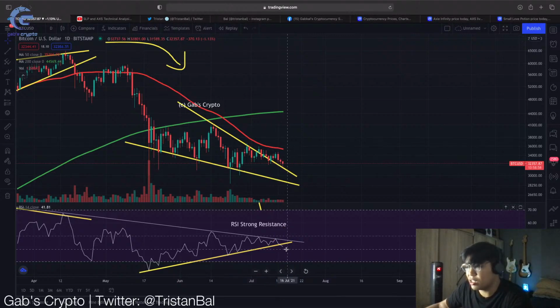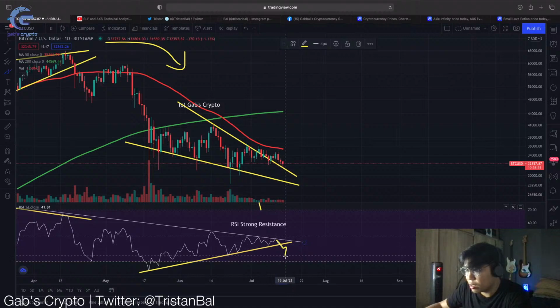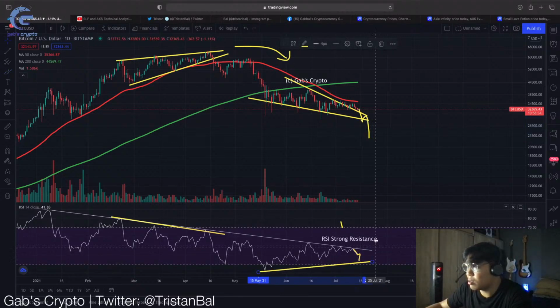So, is this all bad news pag na-break to? Not really. Kasi let's say nag-drop pa lalo si RSI, let's say bumaba lalo si Bitcoin, let's say bumabagsak siya ng todo. As long as the RSI is not getting lower lows, tingnan nyo to guys. Kung nag-drop pa si Bitcoin at nag-drop din si RSI, tingnan nyo to, the RSI is still increasing. Yung kanyang lower low, nagkakaroon siya ng higher low instead of a lower low.